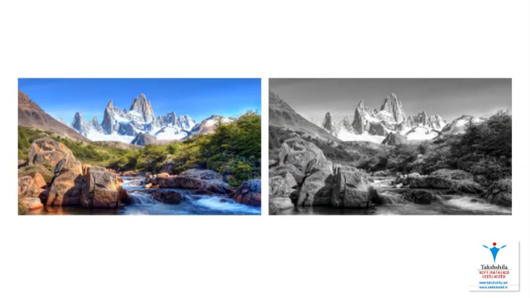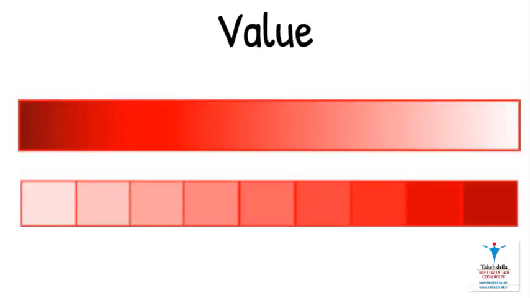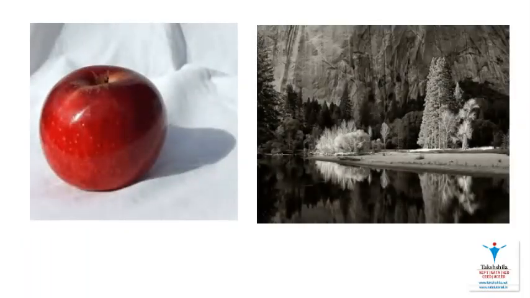This is an example of how any work of art gets enhanced by adding color to it. Hence, it is a very important element of design. The next element of design is value. Value refers to the degree of lightness and darkness of a specific hue. For example, yellow has a higher value than purple because it is close to white. Any work of art uses different tonal values to create emphasis. Value also defines the spatial relationship between the other elements of design.